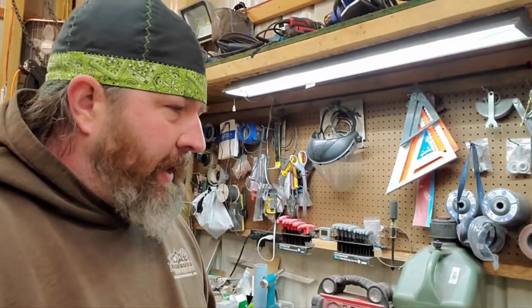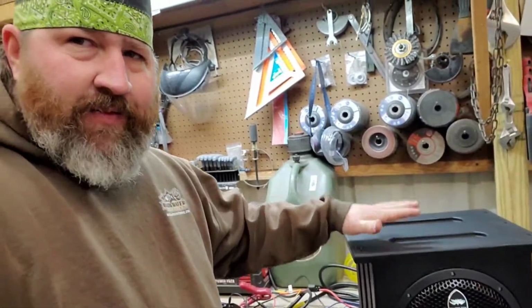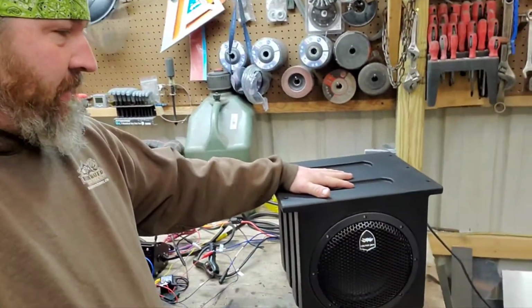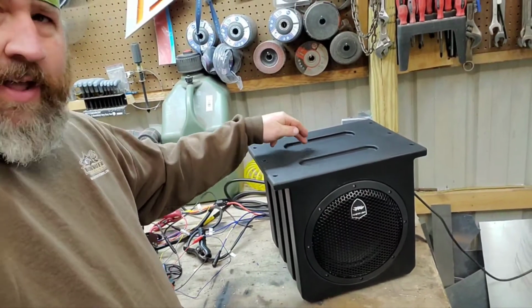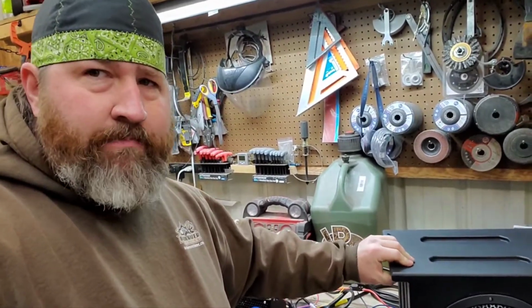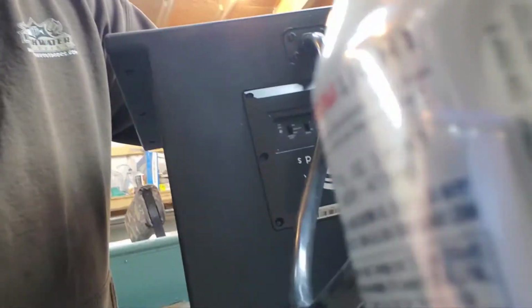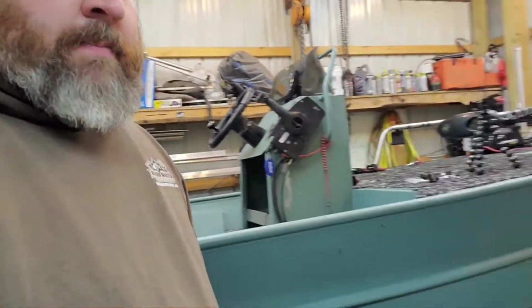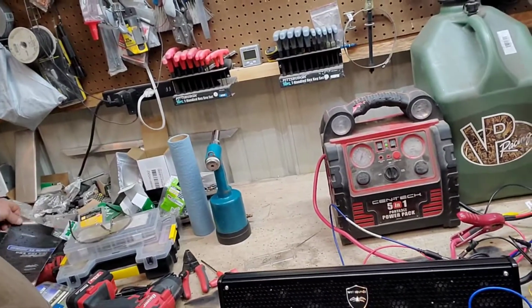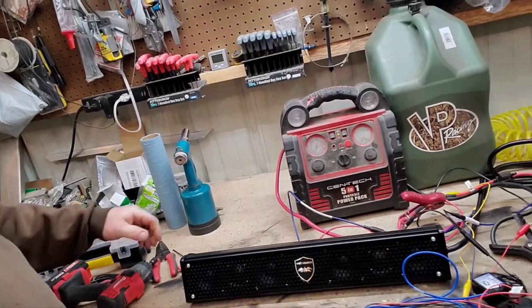But I wanted to show you guys why we went with this. Yeah, you're going to get a sound bite at the end of how good that's going to be through a cell phone across YouTube, but the point is, everything from Wetsounds is self-contained. You want to add a sub to your current system. This 10-inch is like 11.5, 12 deep, like 14 by 13, all plastic molded, bolted into place. It's got a little crossover EQ back here in the back to adjust the system, which I've already done. It's very simple. And the Stealth Surge bar here,